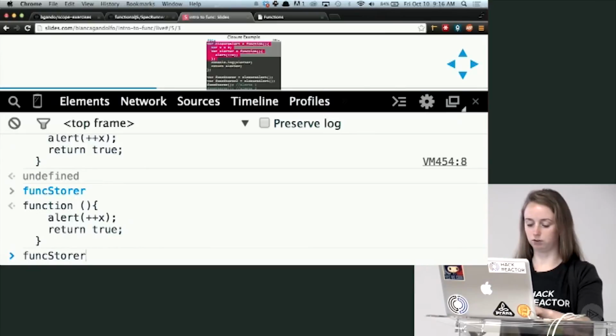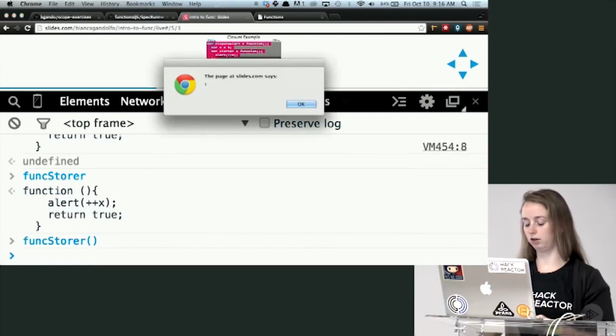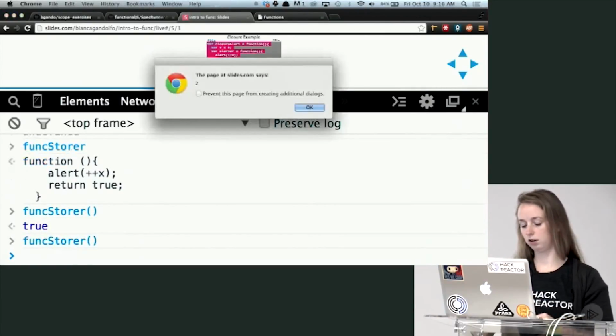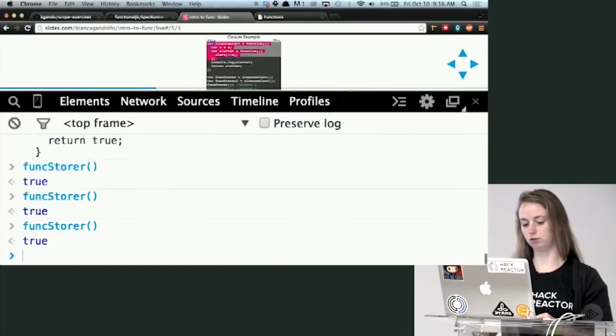And now since funcStore is a function, we can go ahead and call it, and then call it again, and this is our counter. We can count